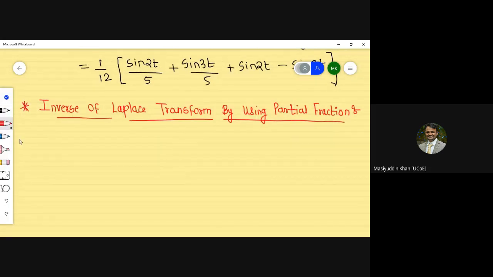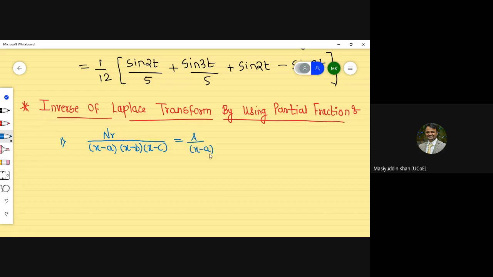Now see to it that there are three things we have to learn here. The first thing is, I'm just writing that is a numerator upon the denominator. It will be, if it is simple terms or distinct roots, x minus a, x minus b, and x minus c is there, or this kind of things are there. So that time we have to apply like a by